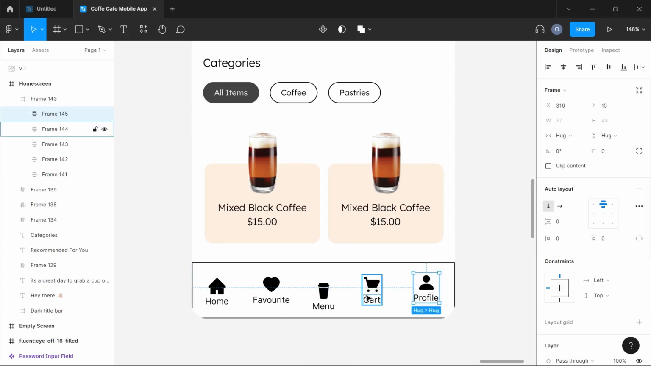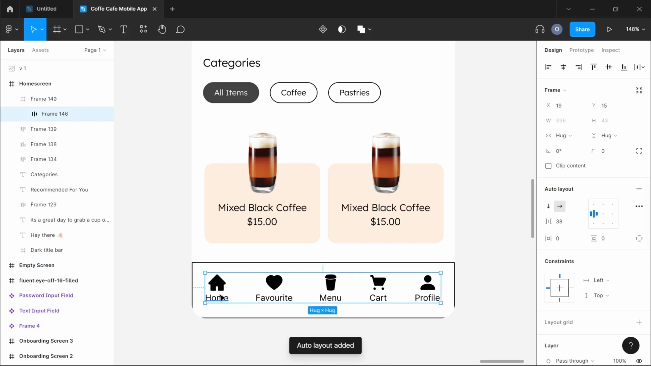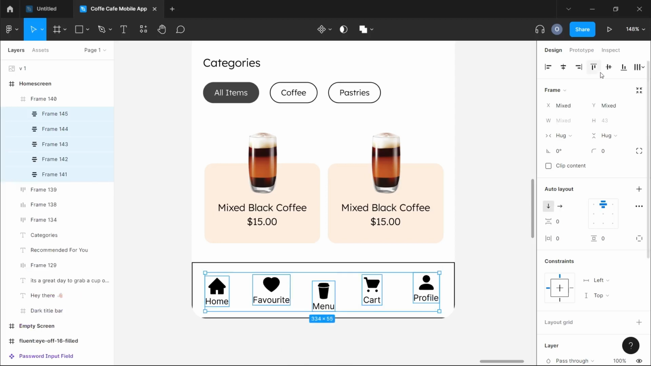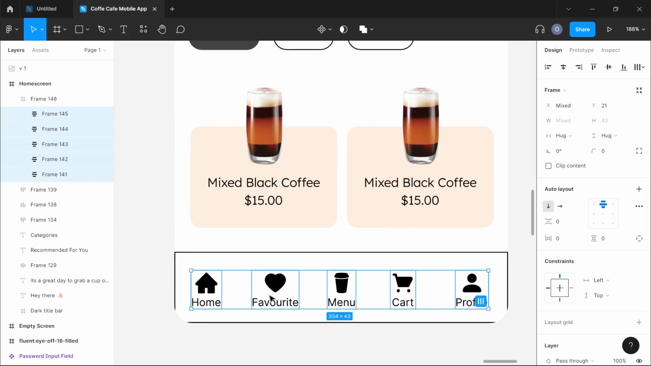So now we have all our bottom navigation items. I'm going to select every single one of them and hit Shift A to create an auto layout on every one of them. But as you've noticed, it won't be proportionally equal because this favorites navigation item here is larger than the rest of the items. So what I want to do is make sure that all of them have the same size as the favorite